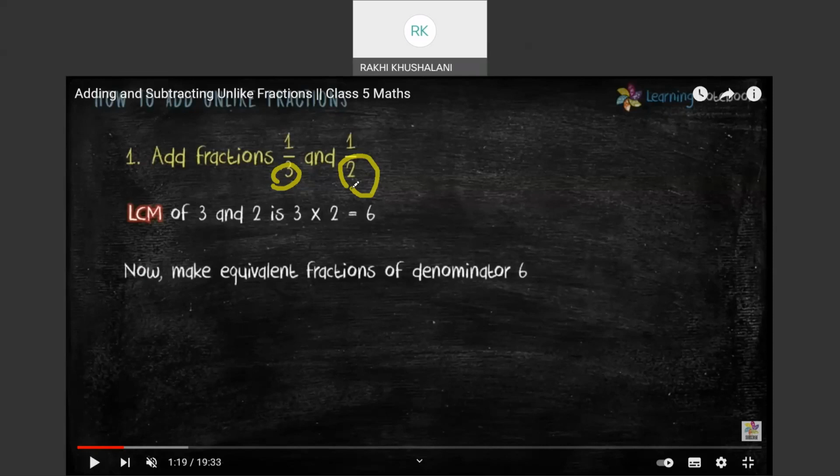Like when I multiply the numerator and denominator by 2, I get 6 in the denominator and of course numerator में 2. And take the second fraction. If I multiplied it by 3, so what happens? I get 3 by 6. न्यूमरेटर में क्या आया that doesn't matter. But जब यहाँ पर मैं इनको 2 के साथ मल्टीप्लाई कर रही हूँ तो I will get in the denominator 6. This is how we are equalizing the denominator.